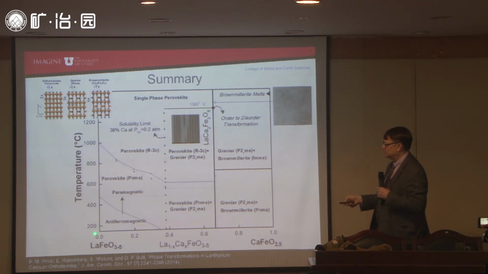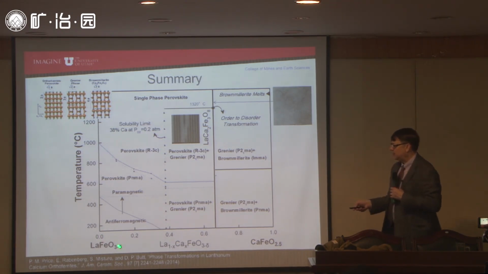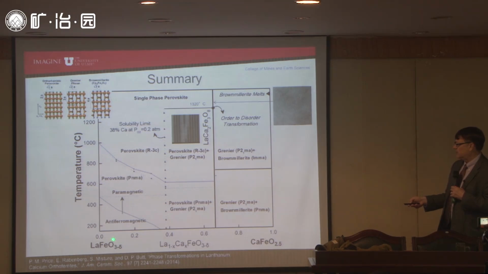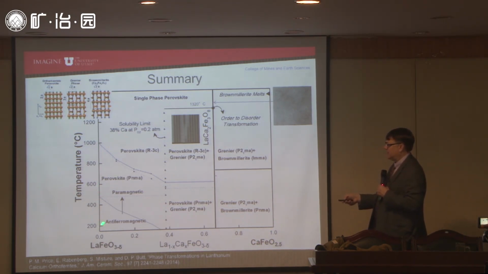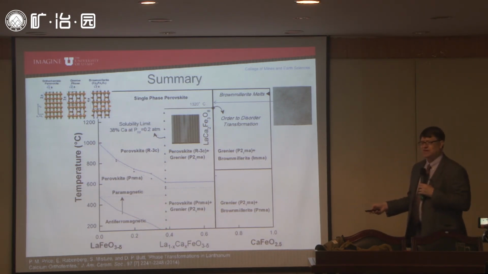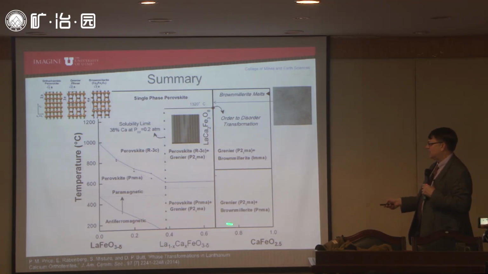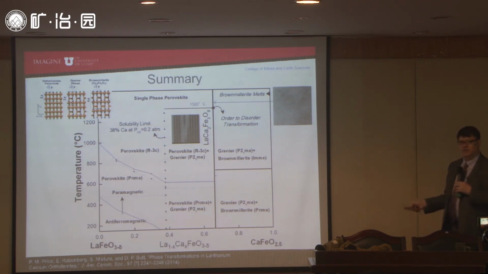So this is temperature on this axis, and this is calcium content down here. So we're going from pure lanthanum ferrite over here on the left to the pure calcium ferrite over here. So this is perovskite, this is brownmillerite. And as we go across the phase diagram at low temperatures, we have the orthorhombic perovskite up to this point right here. And at this point, this is where we start to form the Grignard phase. Solubility limit is about 38% calcium. And now we have this two-phase region of perovskite plus Grignard phase in here. This is the Grignard phase, which is a line compound, presumably. And then on the other side of this line compound, we have the two-phase region of the Grignard phase plus